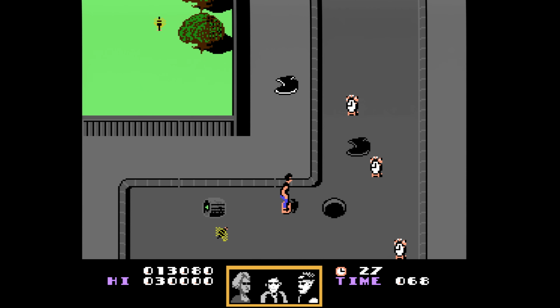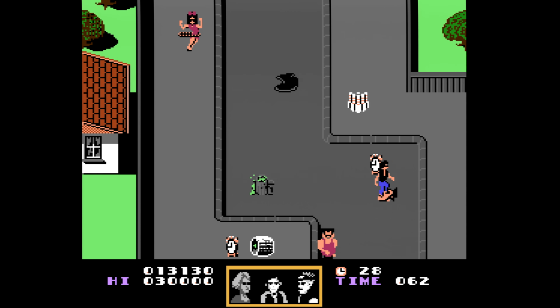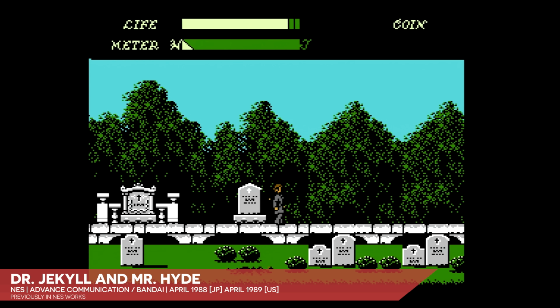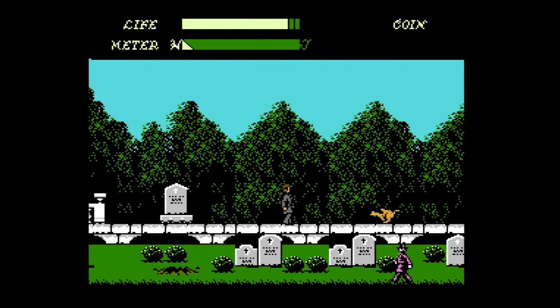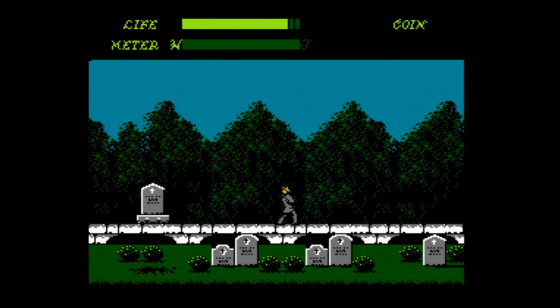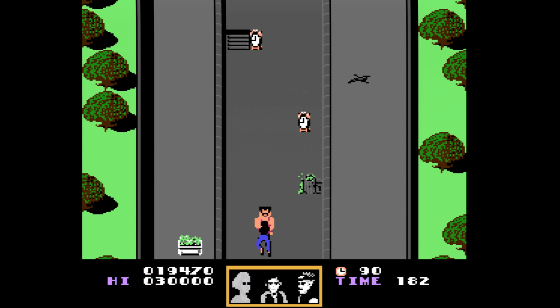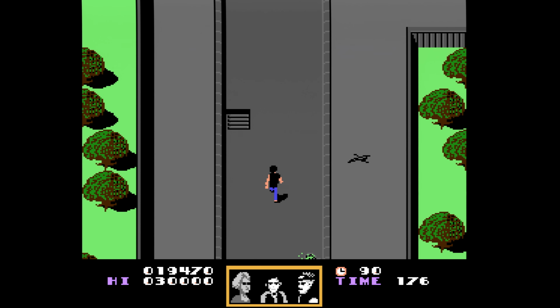To be honest, I'd rather LJN have tapped some blundersome Japanese studio like, say, Advanced Communication Company to rework the bizarre Jekyll and Hyde into a Back to the Future game, because at least that would have been weird and interesting. This is just a collection of vaguely Back to the Future shaped arcade-style action events, none of which stands up on its own, and which do not add up to more than the sum of their parts.